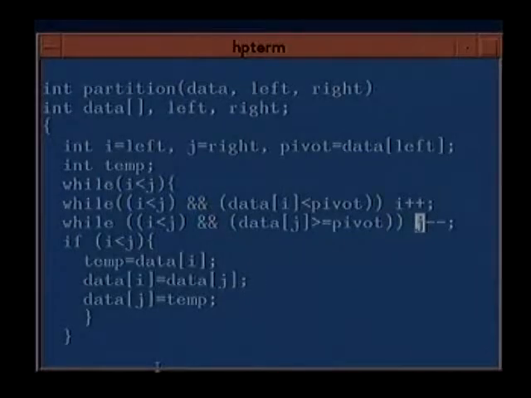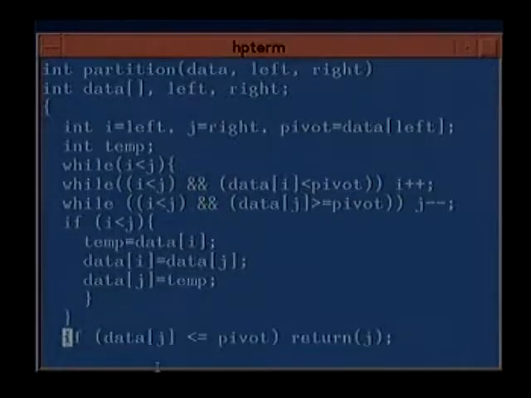And after these two positions are decremented and incremented, if i is still less than j, these are two candidates for exchange, they will be exchanged. And this will continue in this outer loop as long as i is less than j.